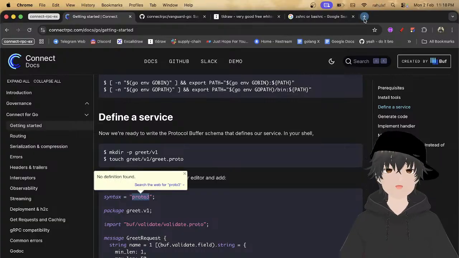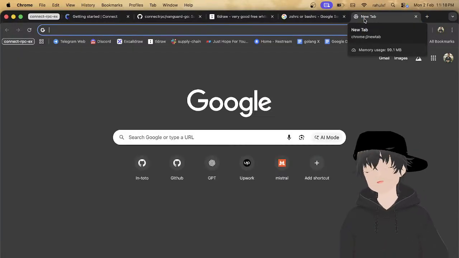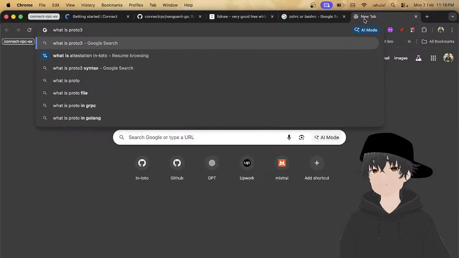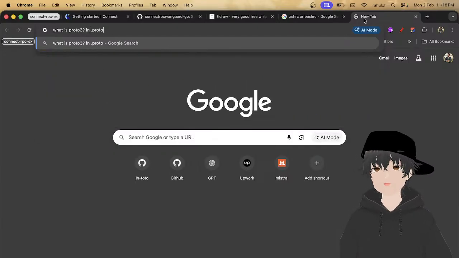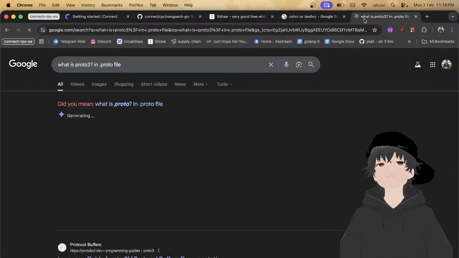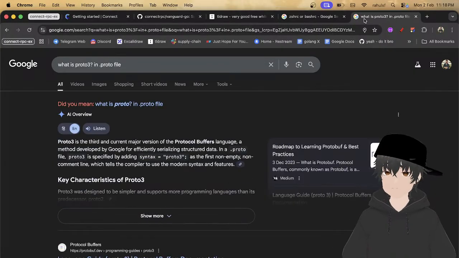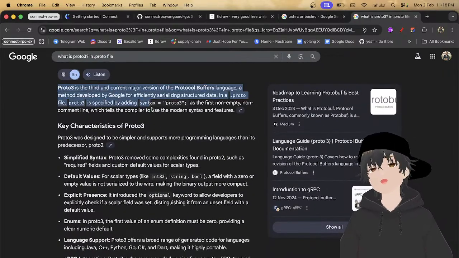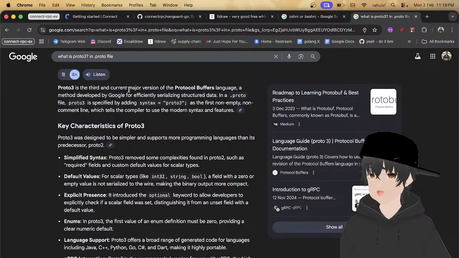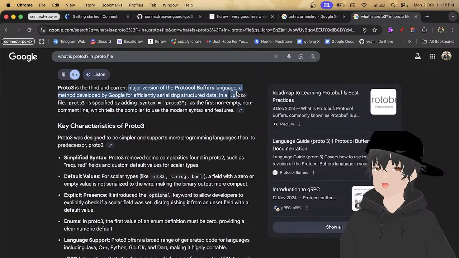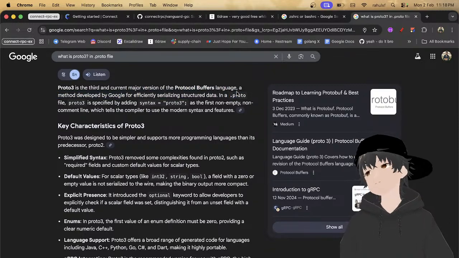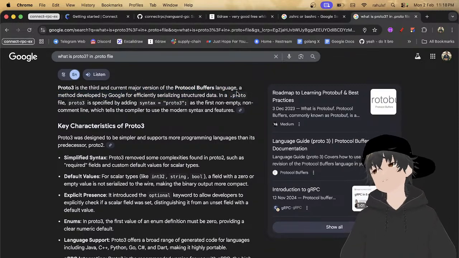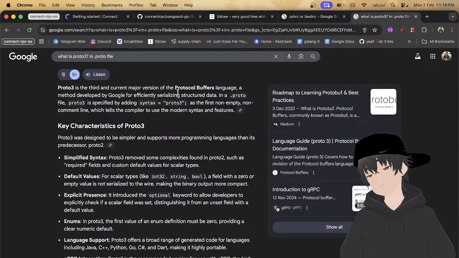If you wonder what proto3 is, you can search it and read it here. Proto3 is the third and current major version of the protocol buffer language, similar to how we use version 1, version 2, version 3.